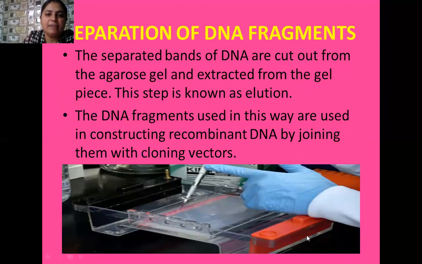Yes, student, here is the actual apparatus of agarose gel electrophoresis. It is a transparent container having wells. This person, with the help of a syringe, adds the DNA suspension to it, and when he attaches the terminals to the battery, movement of these fragments takes place, and we can isolate the fragments by cutting the logs from the agarose gel.